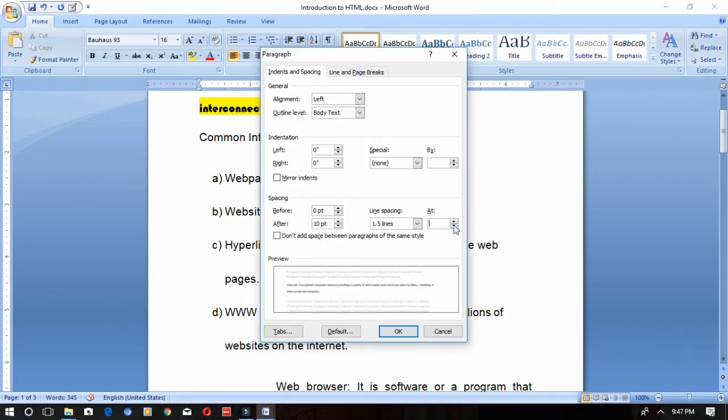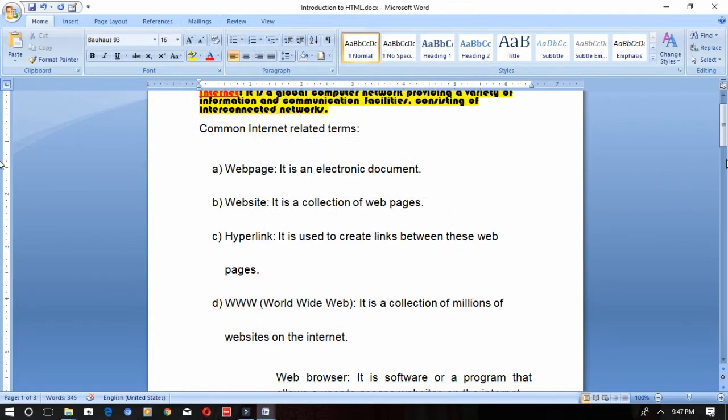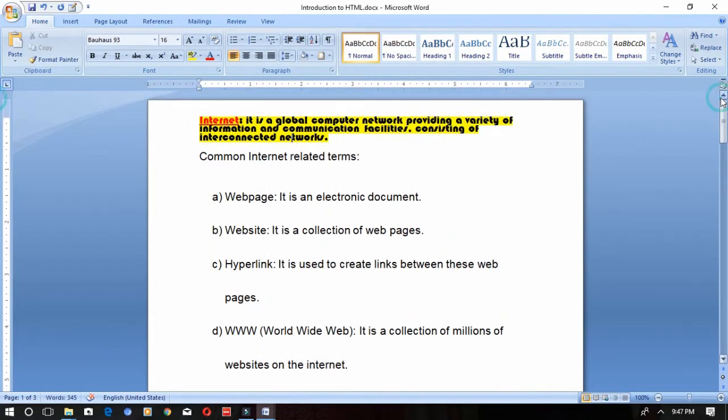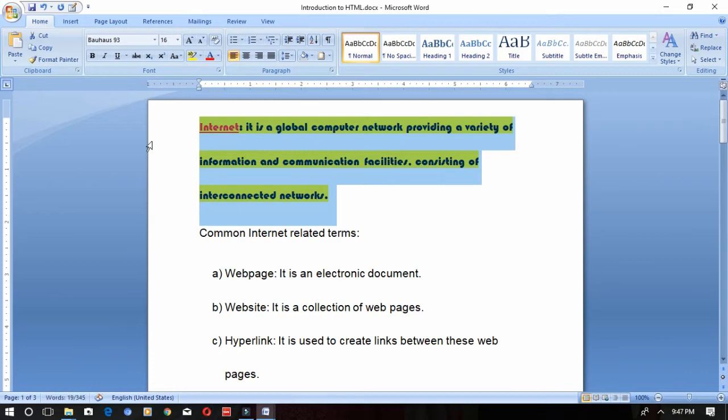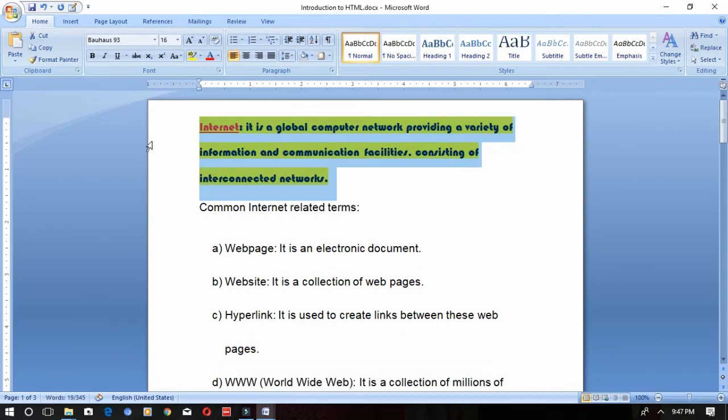From here you can change the line spacing. There is no line spacing between these lines because I have given it as 0.5. That can be changed using the keyboard shortcuts also. How? Control plus 1 for single line spacing, Control plus 2 for double line spacing, Control plus 5 for 1.5 line spacing.